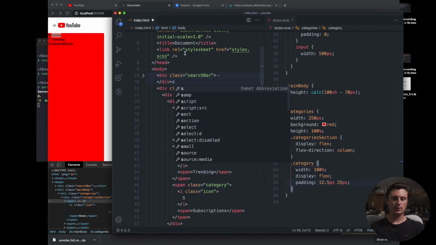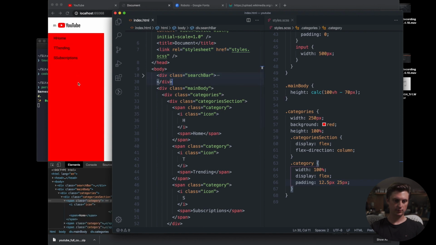Didn't save the HTML. Okay, cool. And then within here we can target the eye with the icon